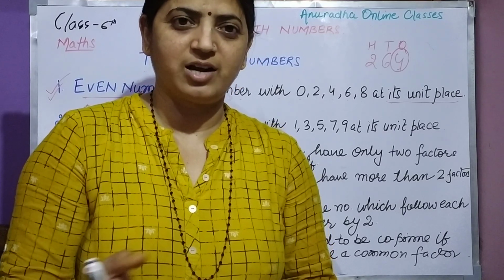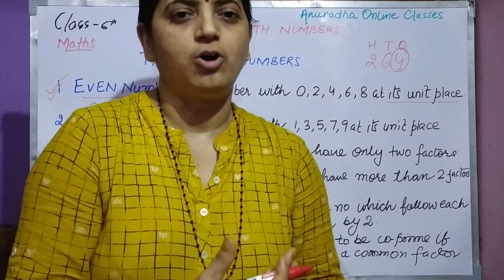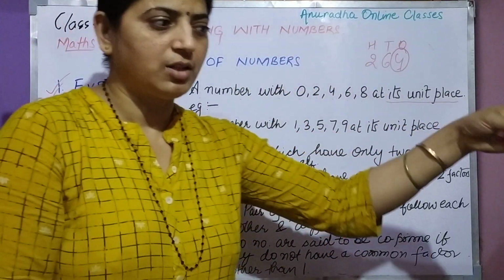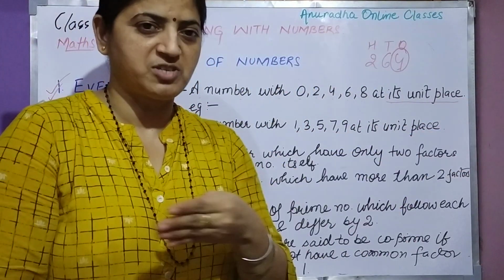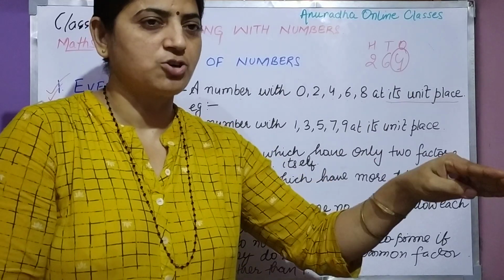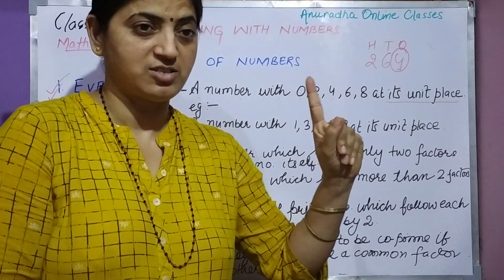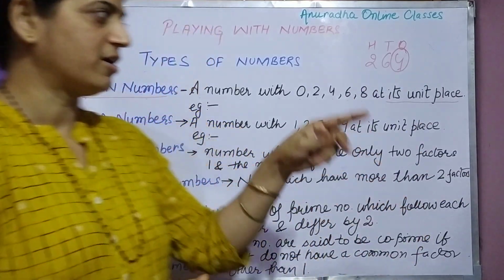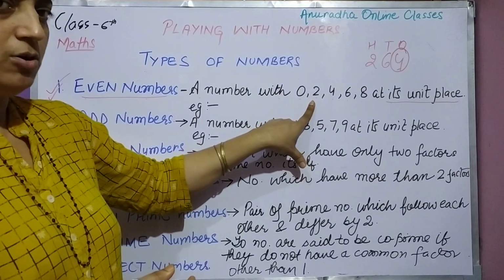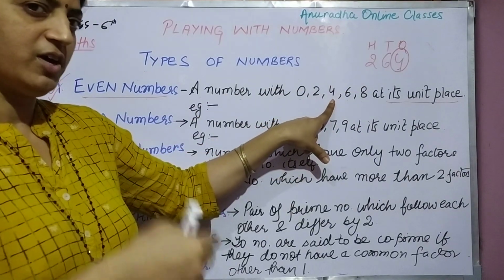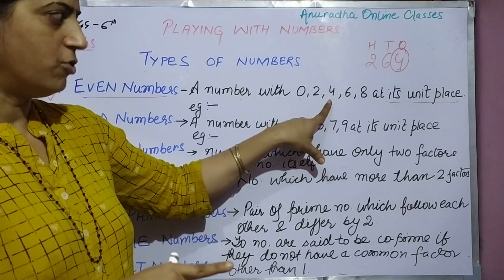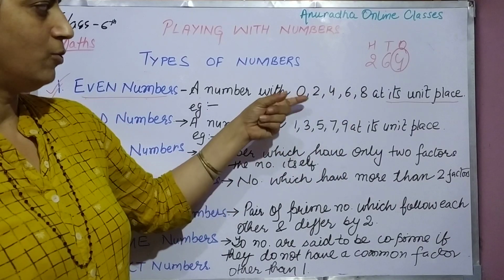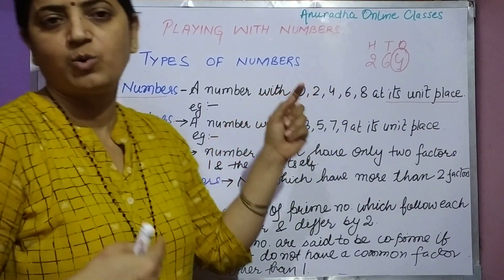An example we have seen in our Delhi: nowadays shops are opening on an even-odd basis. Like if 10 shops are in a row, and it is an even day, the first shop will not open. The second will open, because 2. Then the third will be closed, the fourth will open, then the sixth, then the eighth and the 10th. Why? Because 10 has 0 at its unit place.